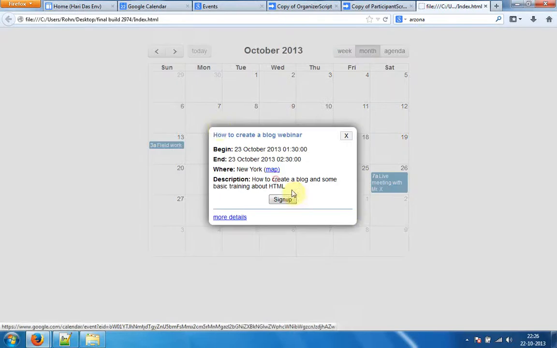If you click on this event, you will see the event details are there, how to create a blog, webinar, and descriptions are there, new work. So this is all about how you can install the application. Now our application has been installed